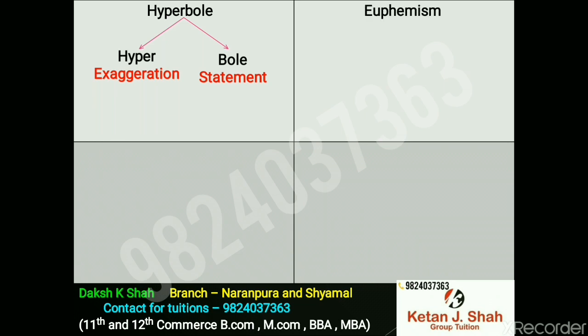In its pair comes euphemism. It can be divided into two parts, eu and fem. Eu means less and fem means painful. It means less painful. So euphemism is a line or a sentence which is less painful. So we can say that it makes the truth less painful.